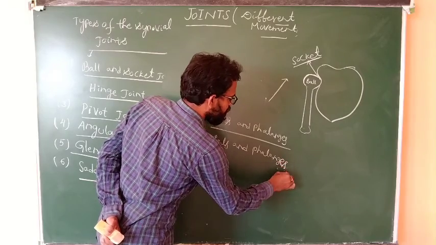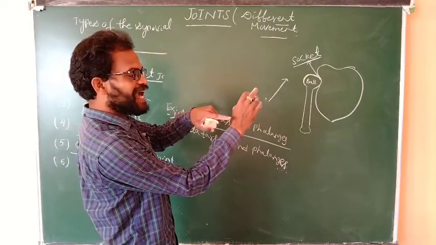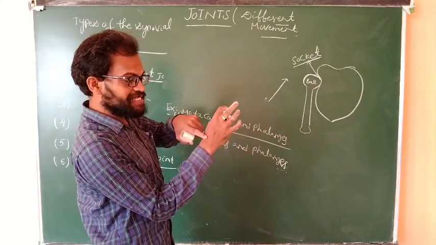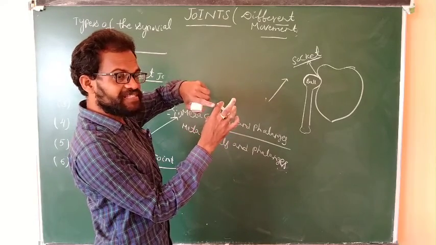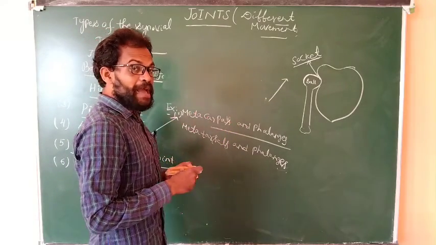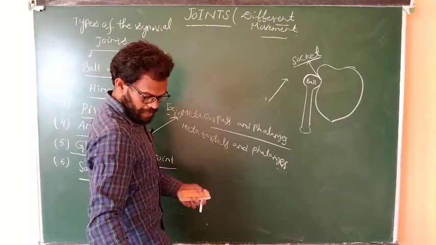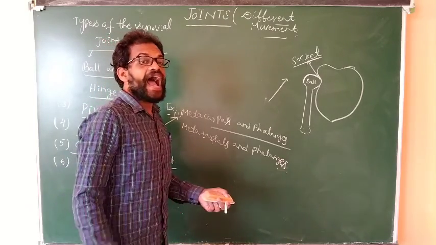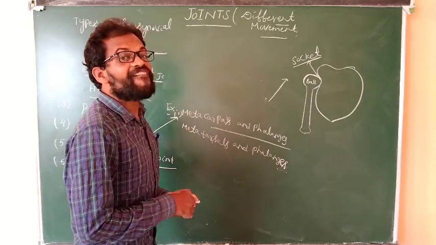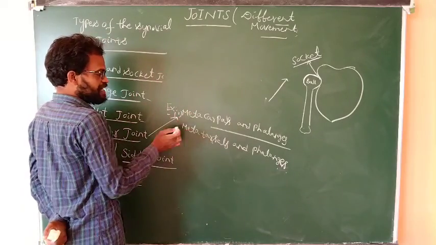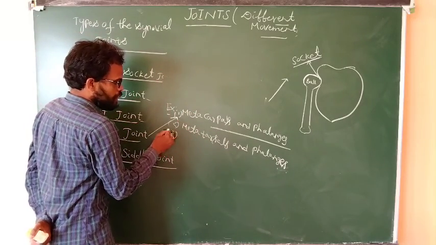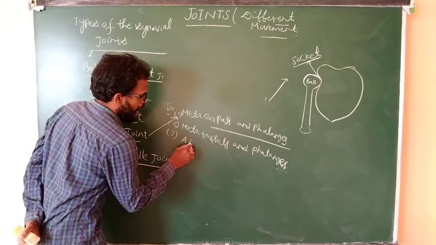Metacarpals are in the forelimbs, and metatarsals are in the hind limbs. Third example,